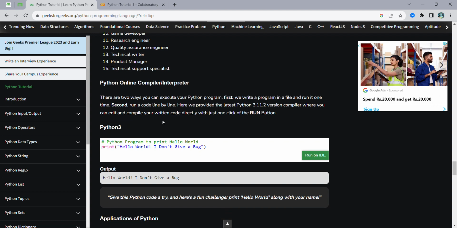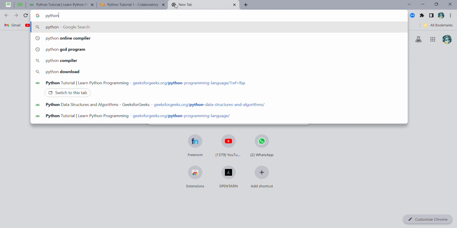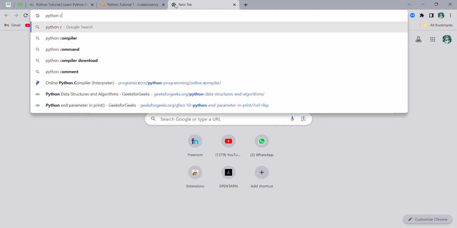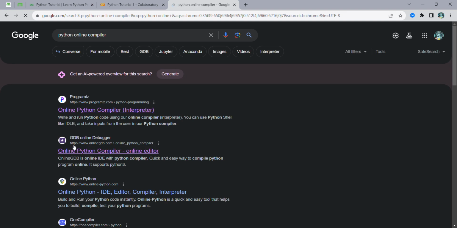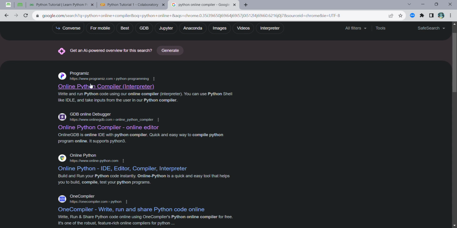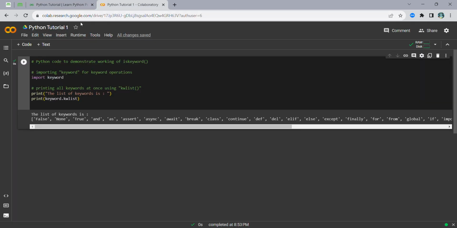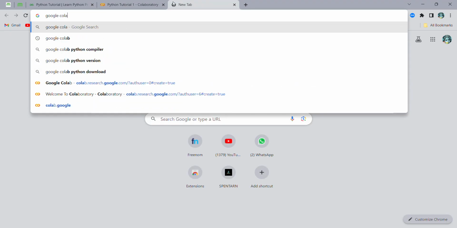So for example, if you search for a Python online compiler, you will see different kinds of websites, like Programiz or GDB online debugger. I would suggest Programiz or GDB online debugger. You can open any one, but apart from that, we will be using Google Colaboratory. How can you make your Google Colab, I will let you know. For example, you will search Google Colab, right?